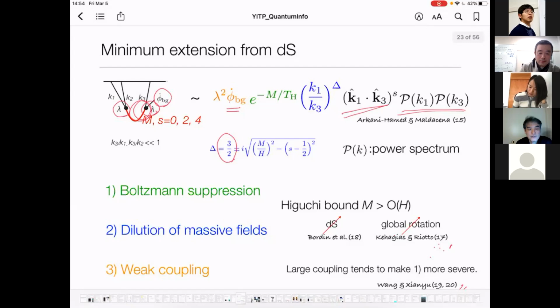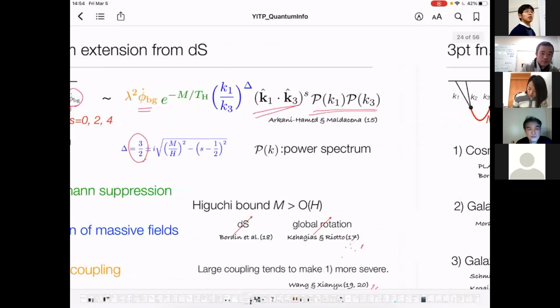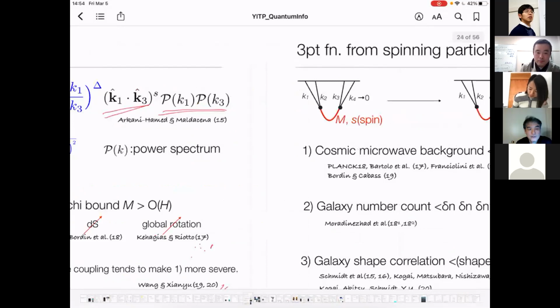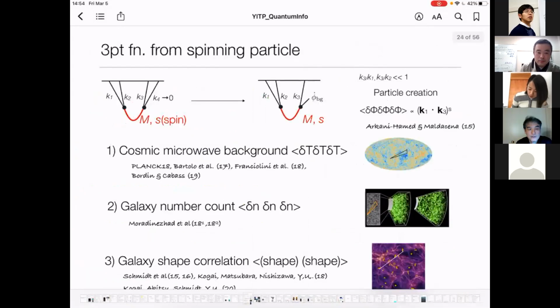But in the minimum extension from the zeta, please remember that those amplitudes have to be suppressed by those three factors. Let me finish my talk by discussing the situation of the observation. So far there have been three different observations. One is observing the 3-point function of the CMB. And the second is